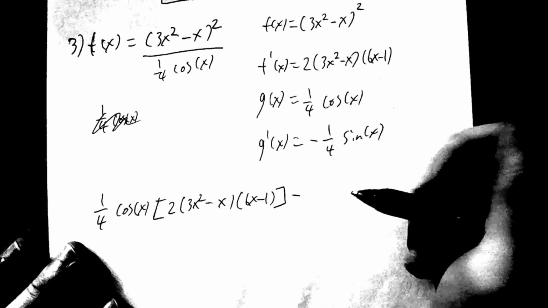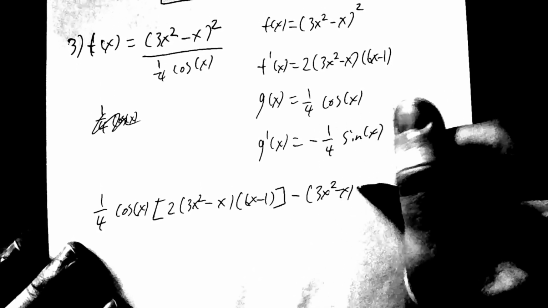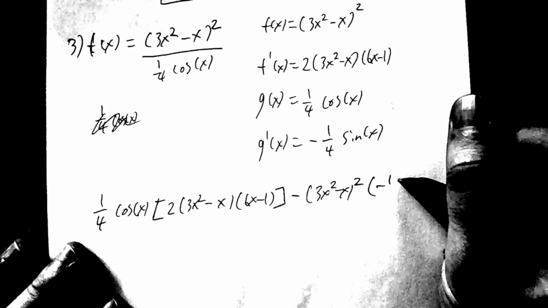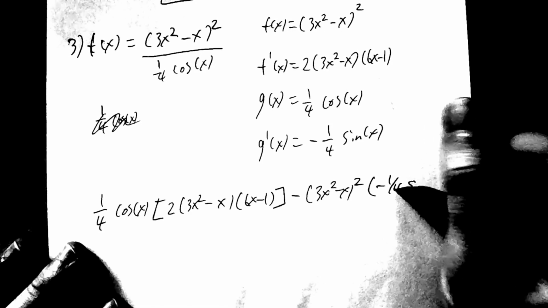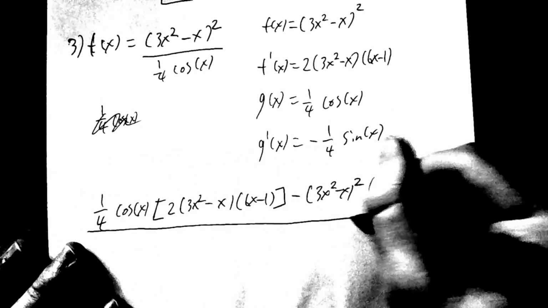Then minus f of x, which is 3x squared minus x squared, times the derivative of g of x, that's negative 1/4 sine x, all over